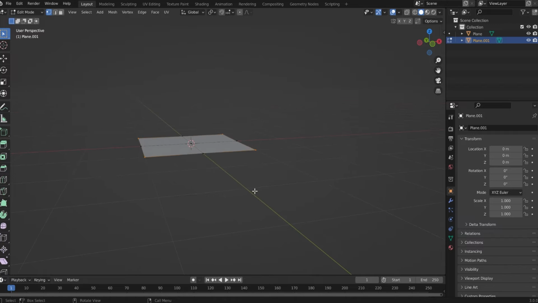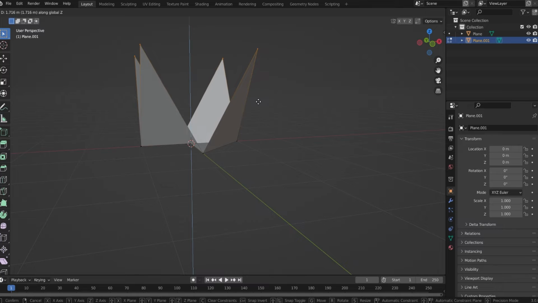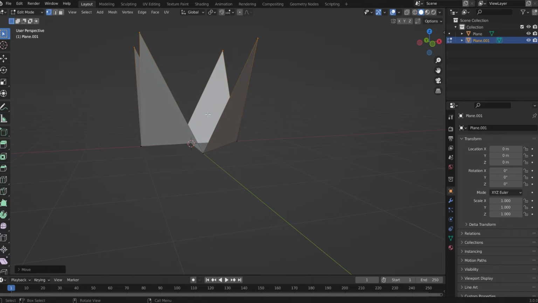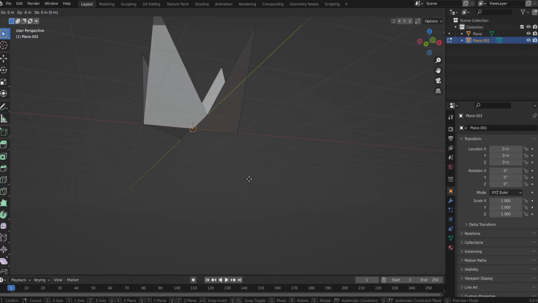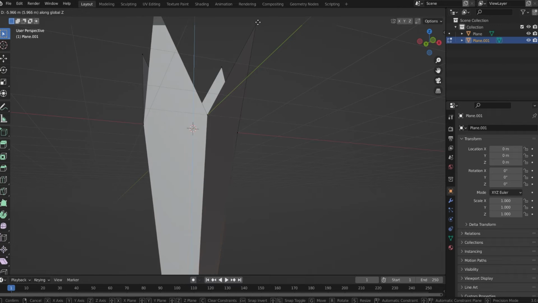And now select the corners and let's go with a view like this and bring them up, G Z, like this, and take this middle point that I have here in the middle and bring it down, G Z, a lot down,